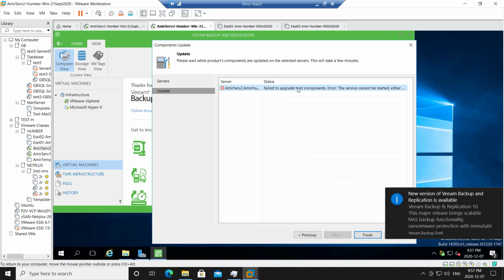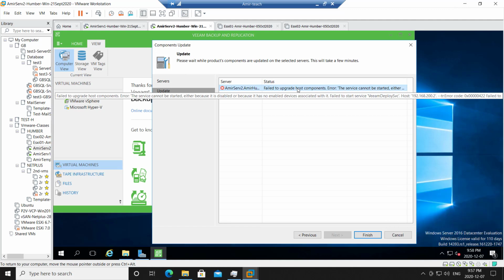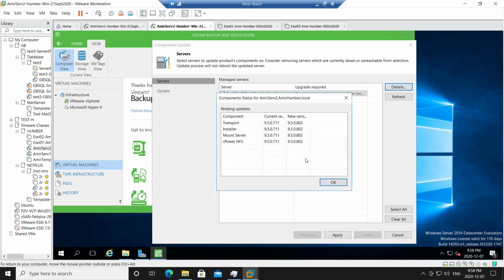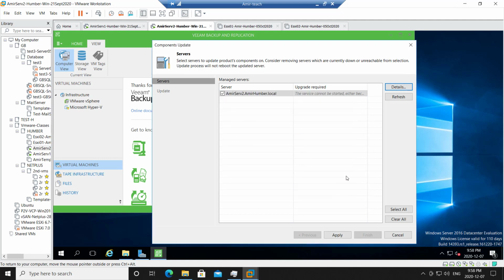Failed to update those components. The service cannot be started. Okay, so I'll go previous. The service cannot be restarted because it is disabled because it has no enabled devices associated with it. Transport installer, mount server, vPower NFS.